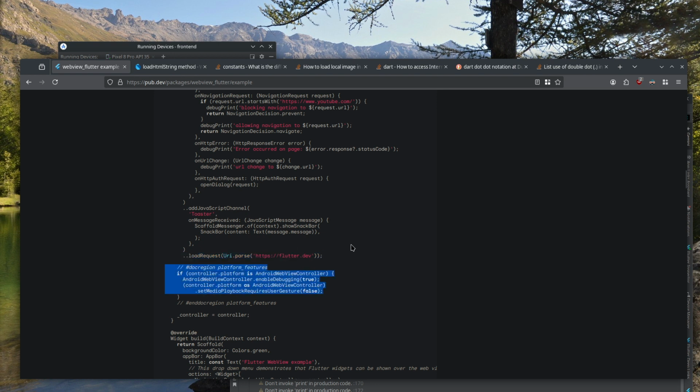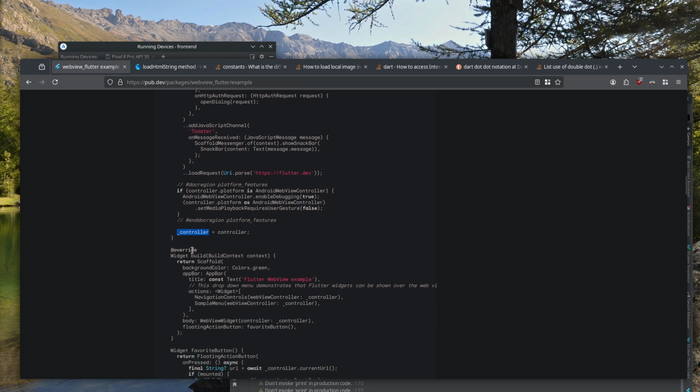And if the controller platform is this thing, we'll enable debugging. I don't know what all this doc region stuff is. And at any rate, we have created that controller with no underscore, and then we set the underscore controller to it. That'll be the reference that we keep to it. And then we implement the build function,